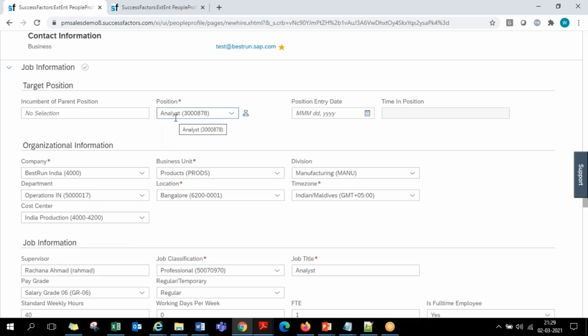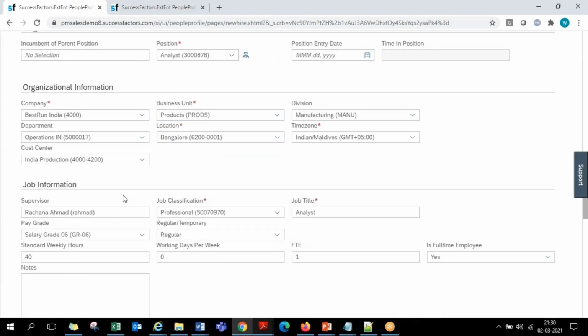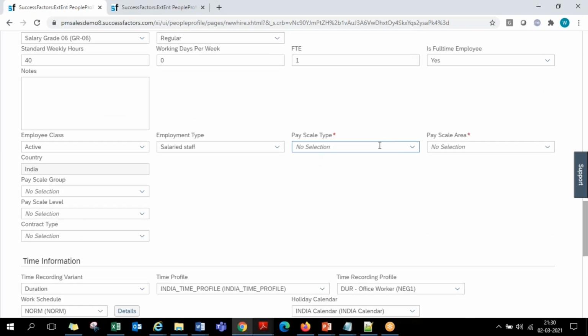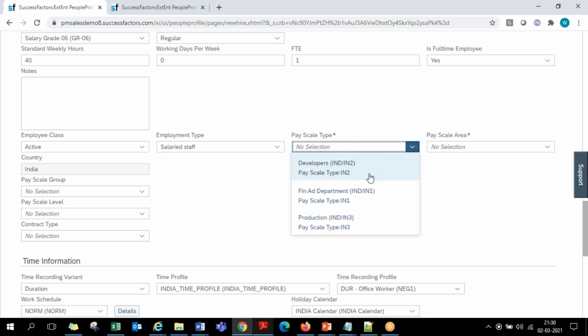So for what division and which department this position is created, if you hire somebody in that position, obviously that employee is going to work in that department. So that way, all the position related attributes will be automatically inherited into the employee record level. The majority of the fields will be covered here. On top of it, any other fields you see that are still pending, we are required to fill in, and we'll continue with the hiring process.